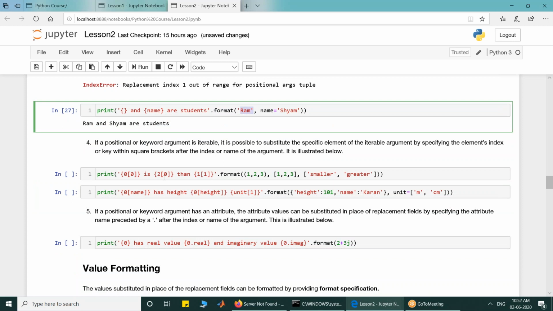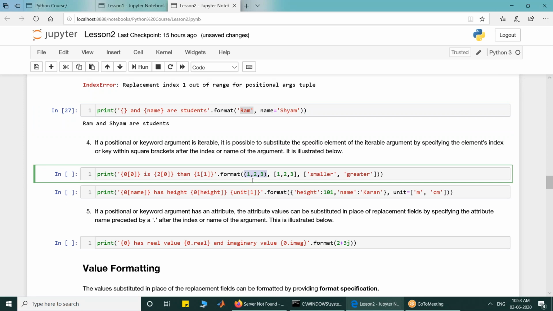Now it may also happen that your arguments are composite objects, like a tuple, a list, or a list of strings. So you can refer to the element of the tuple or iterable by using the index operator within the replacement field, within the placeholder.